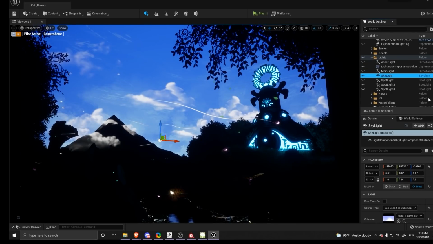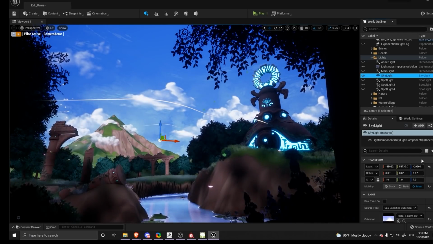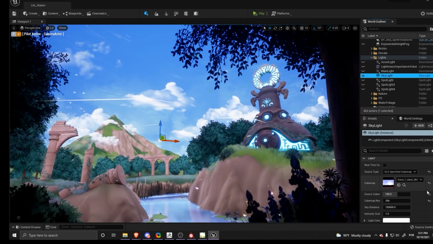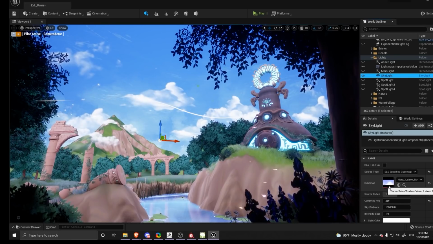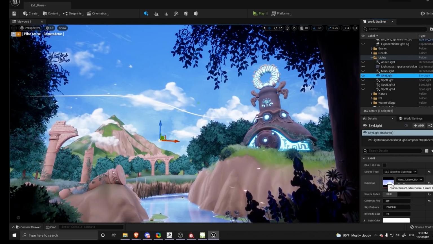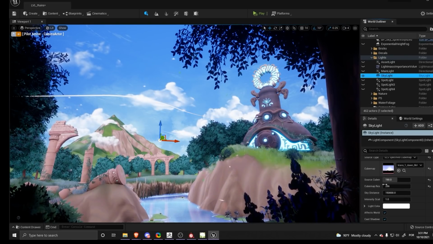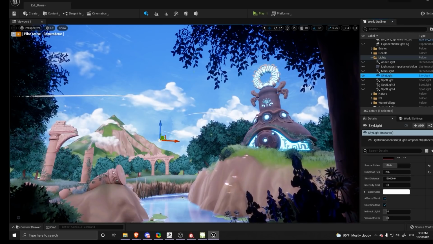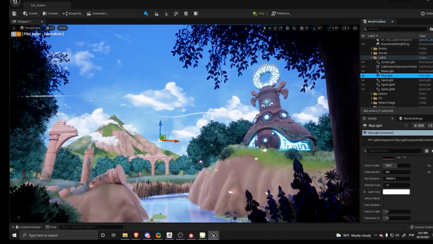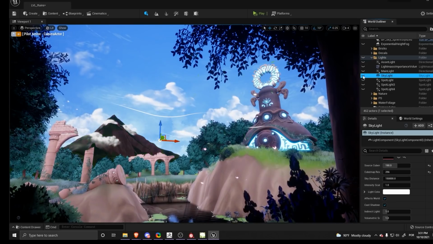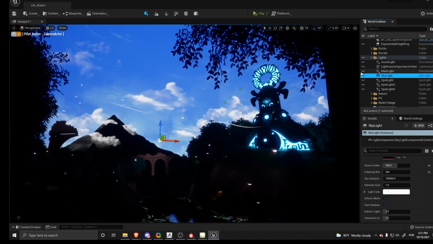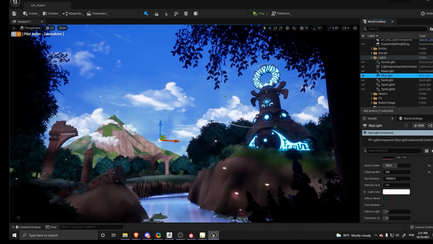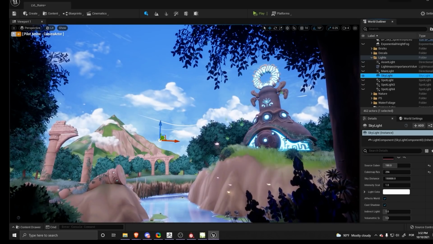Alright, so to start, I have my skylight. With my skylight, I have an HDRI in there that is kind of a golden hour. I picked an HDRI that had a little bit of purple going on in there. The skylight will be filling some of the shadows with a purple tint. So I think you can see it especially well around the street once I turn that on. There will be a little purple tint going on in there.